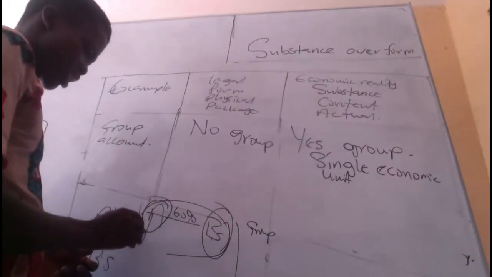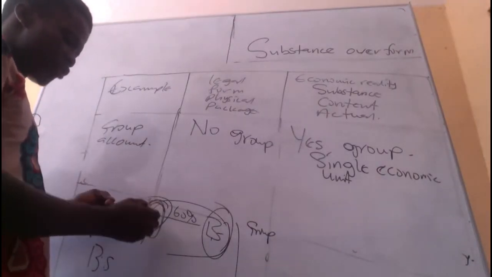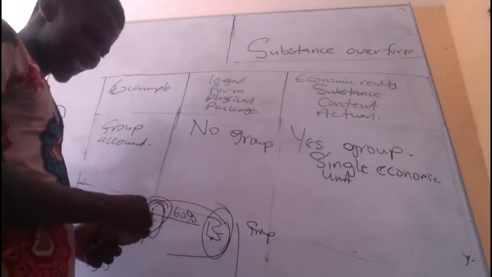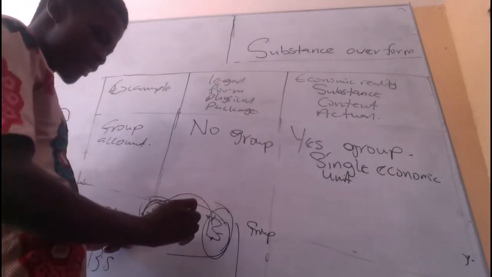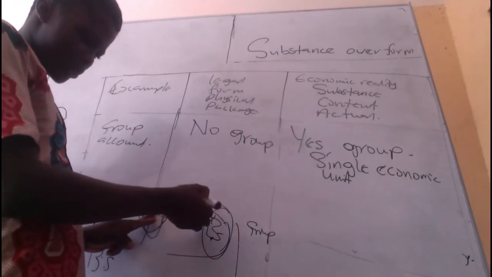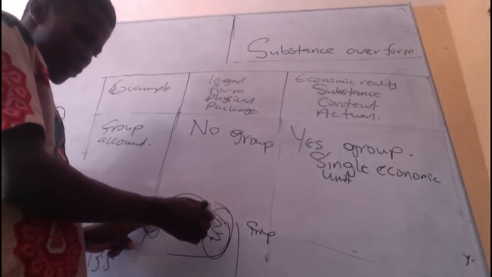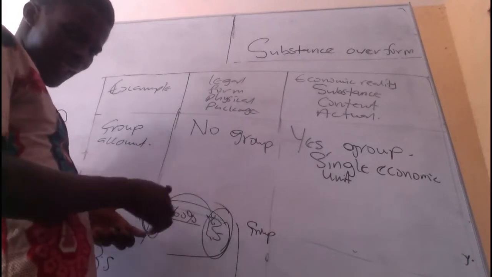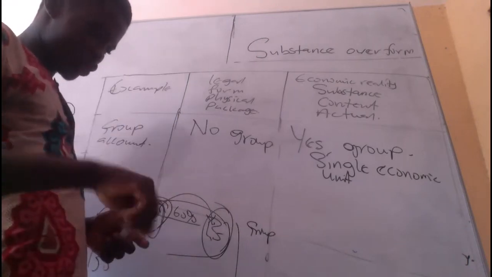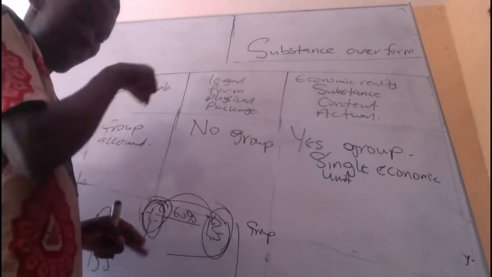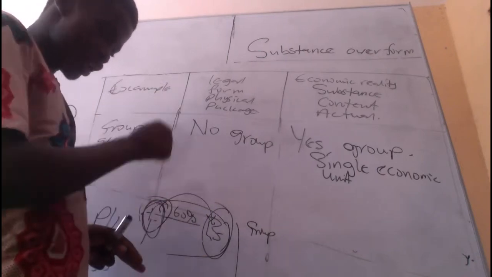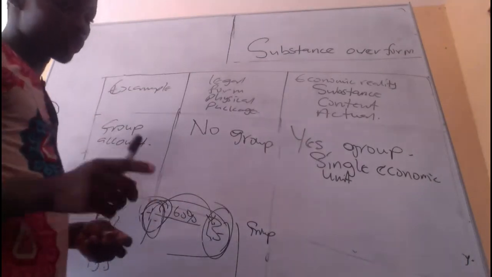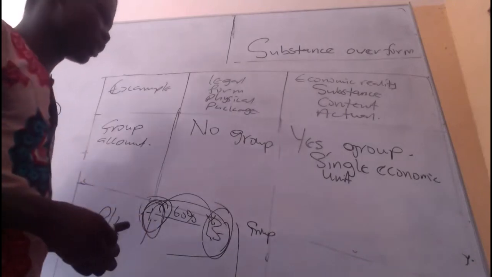This company has bought a majority of the shares of this one. So in effect, economically, this one owns that one, and it means ownership. If you own B and B has an account, then you can add whatever B has to yours. The two shall be one. So these two shall be one, if ownership is there, if control is there. So take note: single economic unit. Please don't go and quote "the two shall be one" in accounting.